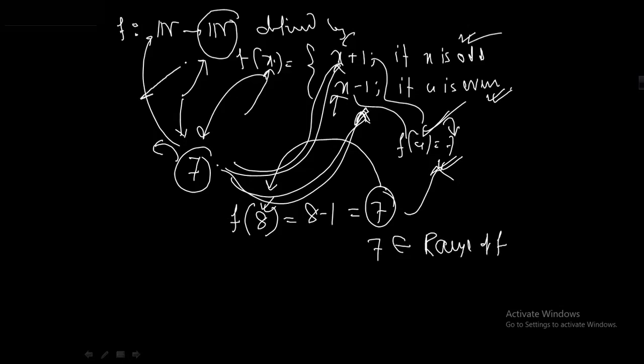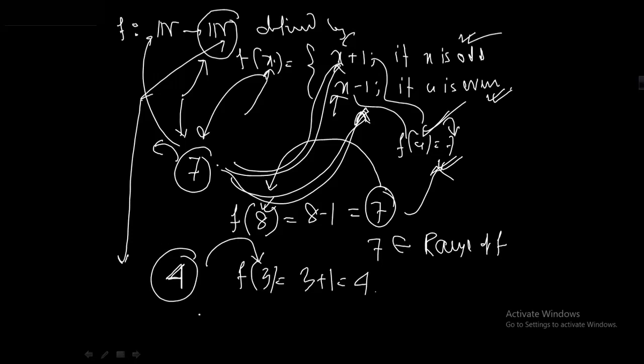আচ্ছা আরেকটা এলিমেন্ট বল সেট অফ ন্যাচারাল নাম্বারস থেকে, দেখি সেটাও রেঞ্জে থাকে কিনা। বল যে কোনো একটা এলিমেন্ট বল। 4। এবার বল 4 কার ইমেজ? স্যার 3। 3 এর ইমেজ, 5 এর ইমেজ হবে না। পারফেক্ট। f of 3, 3 কেন? তাহলে এটা 3 plus 1, that is 4, so 4 is the image of 3। তাহলে 4 ও কারুর না কারুর ইমেজ হলো। আরেকটা এলিমেন্ট বল দেখি কার ইমেজ পাই, বল। 10। তাহলে 10 কার ইমেজ হবে বল? 9 না 11? 9। পারফেক্ট। আচ্ছা বাকিরা বুঝতে পারছিস? ইয়েস অর নো? হ্যাঁ স্যার।